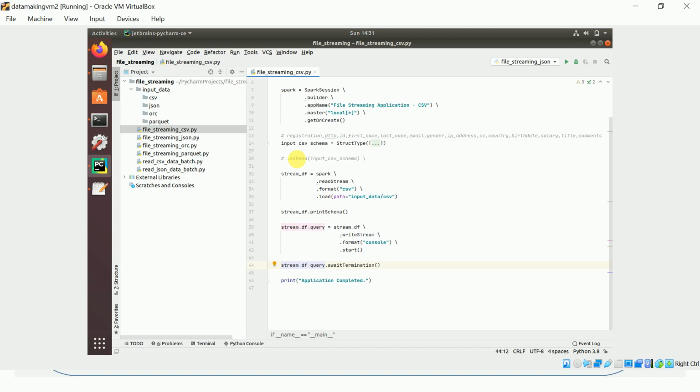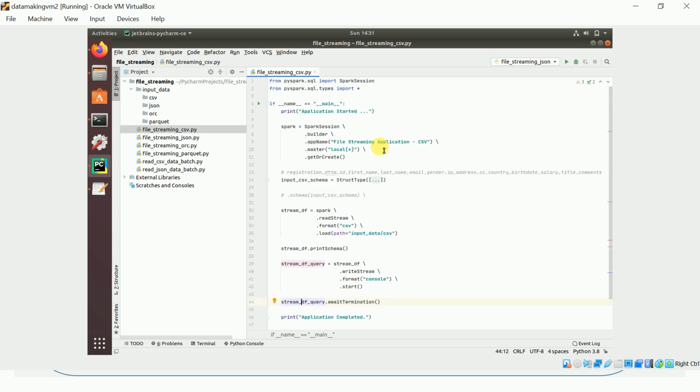Now in the program, this is basically the stream source. We are going to use a file stream, the same as spark.readStream.format. In the last class we gave a socket source in the format. Now we are going to read a file source, and in this program I am going to read a CSV file. So I'm giving csv, and in .load I have to give a path.